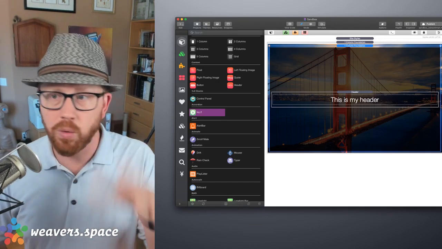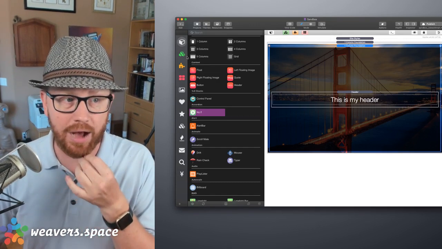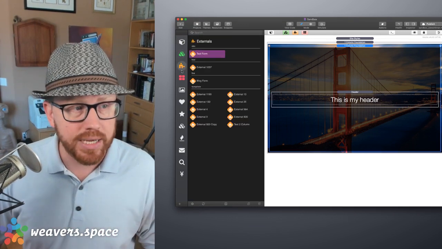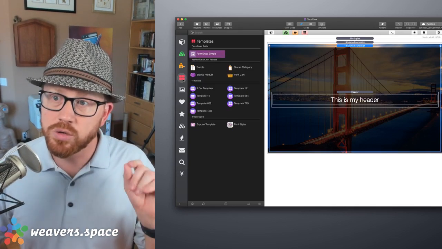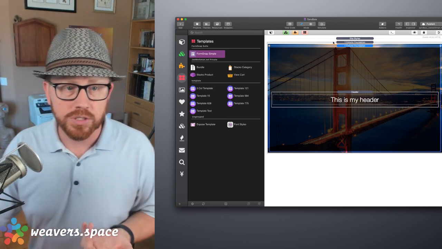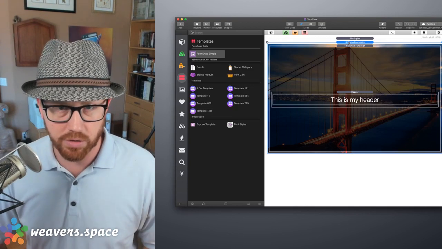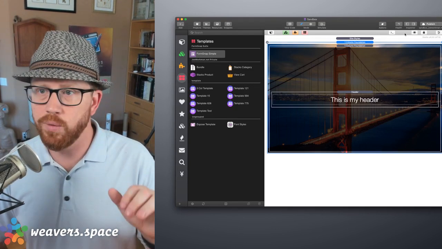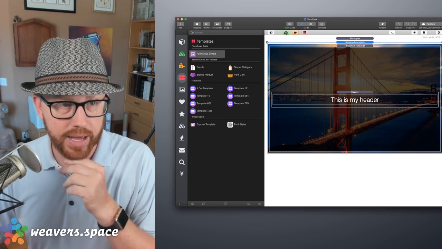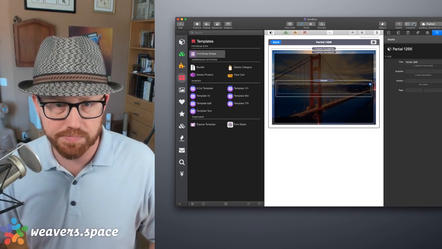Okay. While we're on the topic of tags, I will show you how they can benefit you, and how you have some control over things. So, with partials, externals, and templates, these are all things that you as the end user actually create, right? So let's say this little layout that I just created 10 or 15 minutes ago, whenever it was, I wanted to save as a partial. So I'm going to click the partial button. And if we open up the inspector over here,